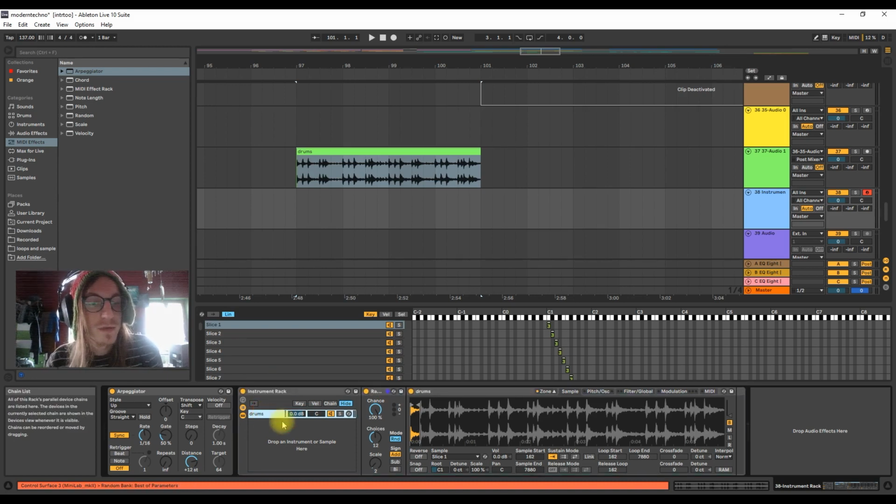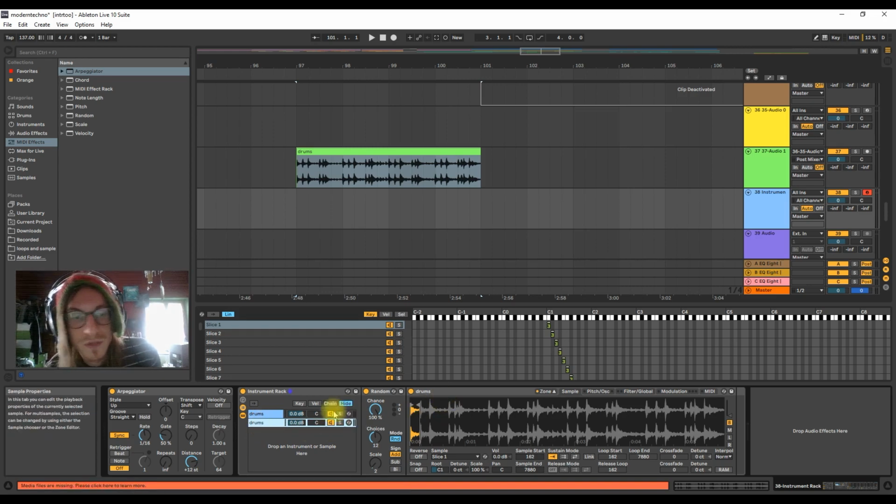Now in this instrument rack we can have multiple chains, each with their own instruments and devices running in parallel to the mixer. This is very cool because we can now just duplicate this chain to make a second one and create wholly different sounds inside it while keeping it all inside one